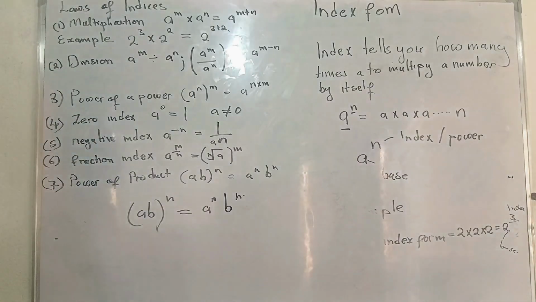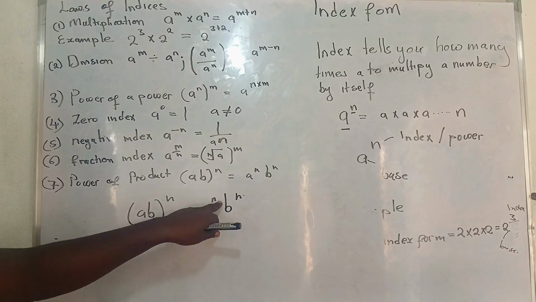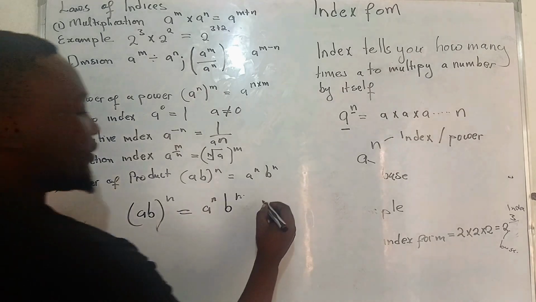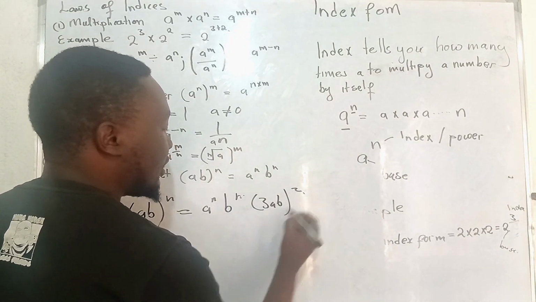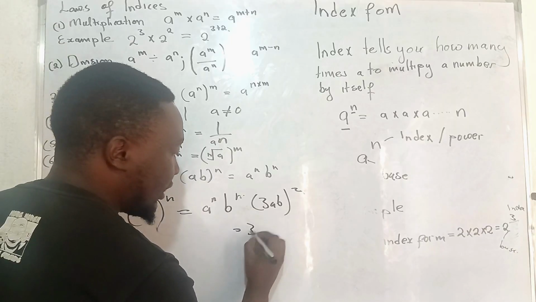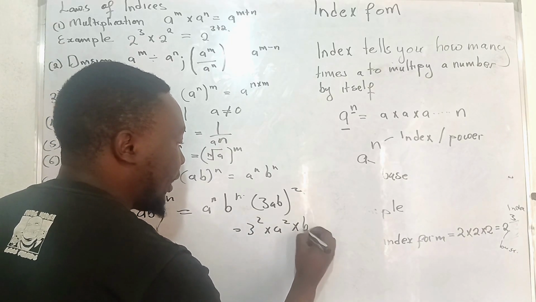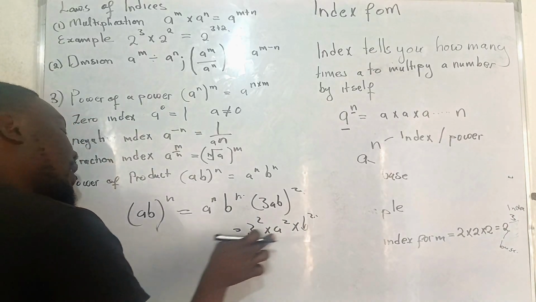Each number receives the power individually. So you might have 3ab, squared. So you are going to have 3 squared multiplied by a squared multiplied by b squared. So each individual constant